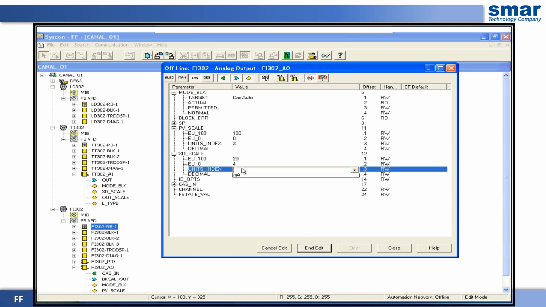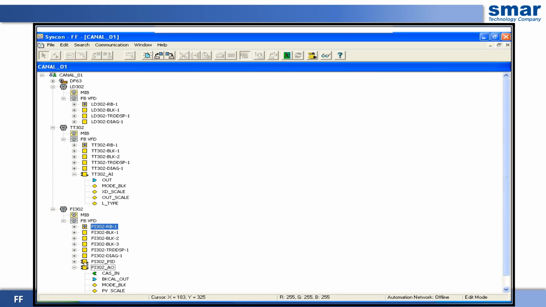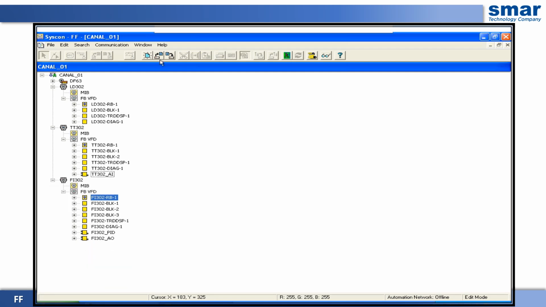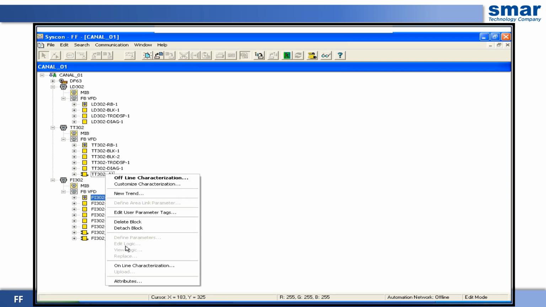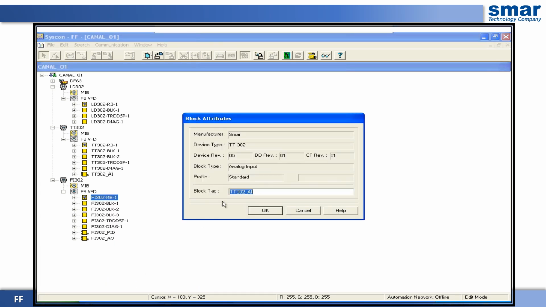But if we will work sending from 4 to 20, for example, we are sending 4 to 20 mA of current as well. It is possible to work with this setup. Let's finish up. We possess 3 blocks set up as an example. Let's save our configuration. Thus, we have our entire strategy complete.